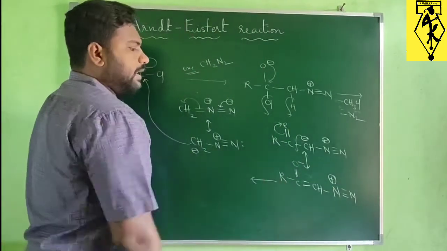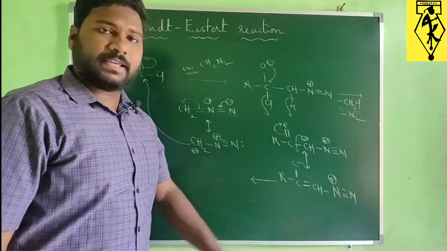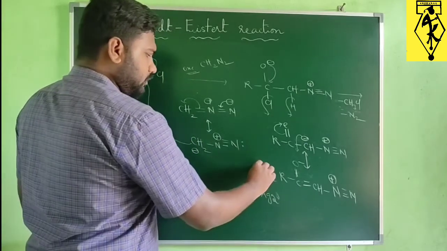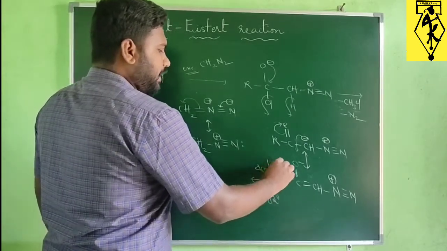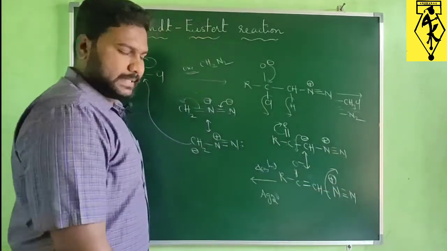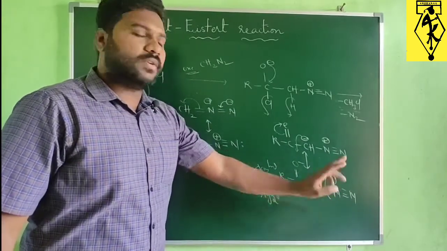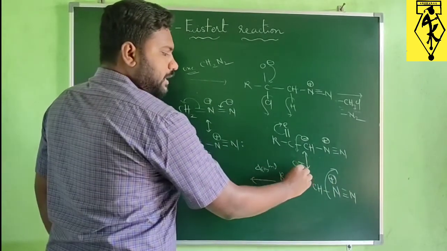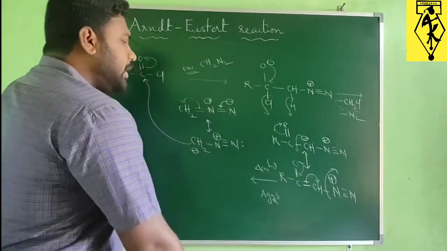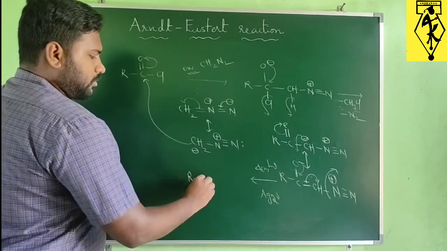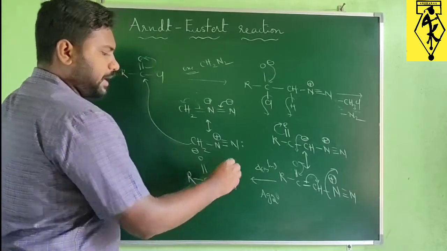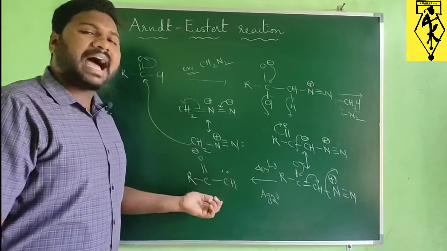Now if we irradiate this molecule with photo energy in the presence of silver oxide, we can heat or we can irradiate with photo energy. Now elimination of the nitrogen molecule takes place. Again this bond will come back into delocalization, and this bond will be migrated towards the carbon to generate a carbene. So C double bond O, CH, pair of electrons. This is a carbene. So this is highly reactive.